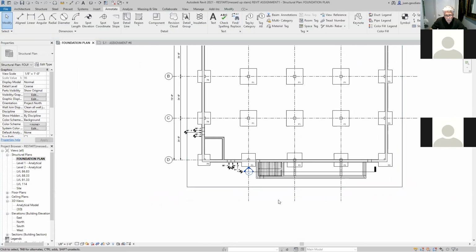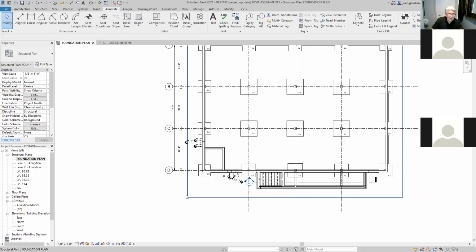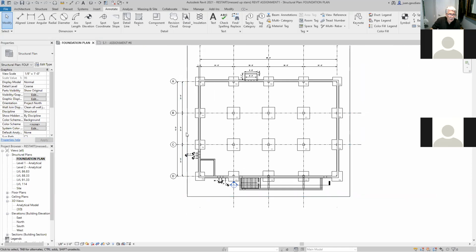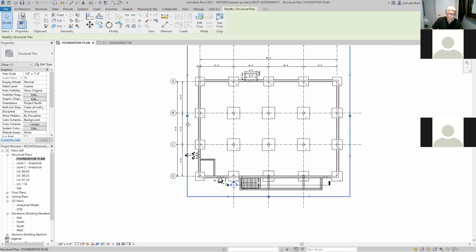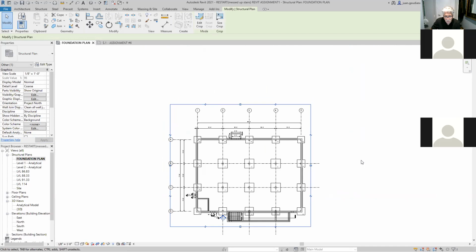You should have adjusted your grid lines. These are little things that you should be tweaking, you understand? And here, oh, sorry, this is no good. You want to keep this, okay? So you crop your drawing, so this way when you drag it on your sheet, it's going to, now you